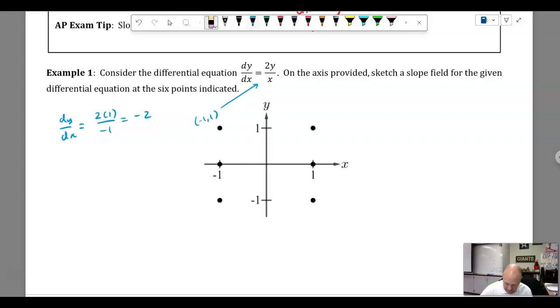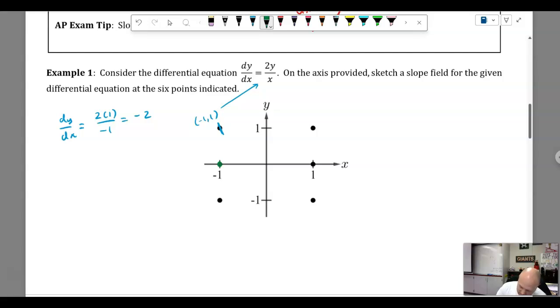And so I'm going to go ahead and do that. A kind of trick that I do here is a slope of -2 would be down 2 over 1, so I line it up with this point. I try to hit that target. And that's all you're doing, just a little slope right there. And then we can go ahead and do the same thing here